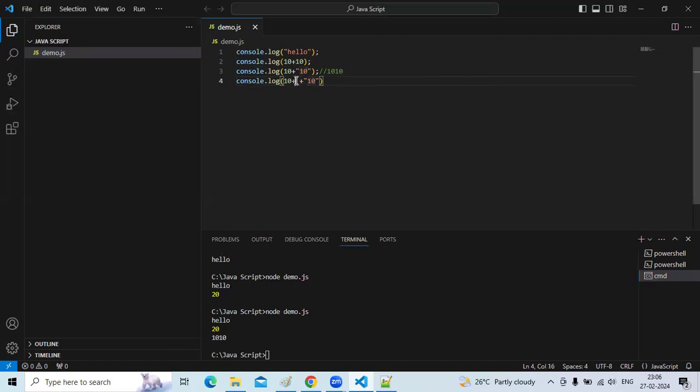But in this, the first plus operator is for addition. The second plus operator is there, right? So the interpreter will come and it will convert the string into a number.